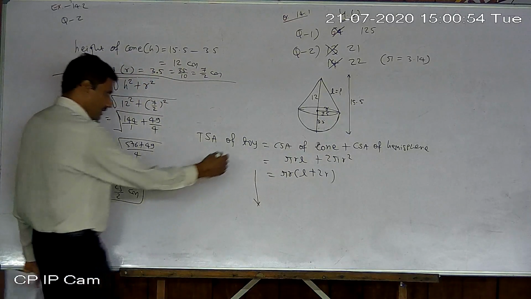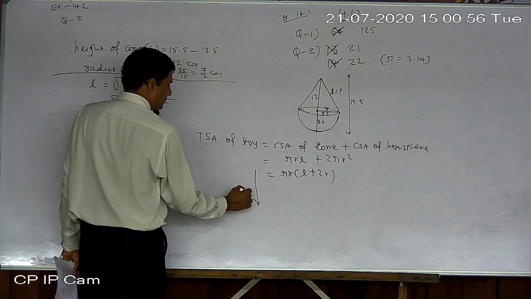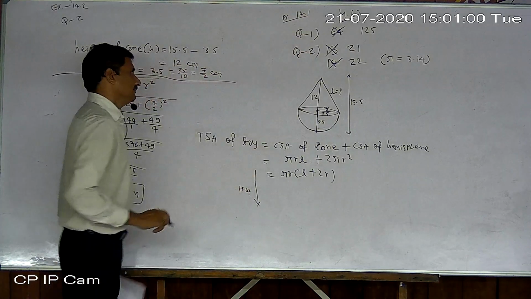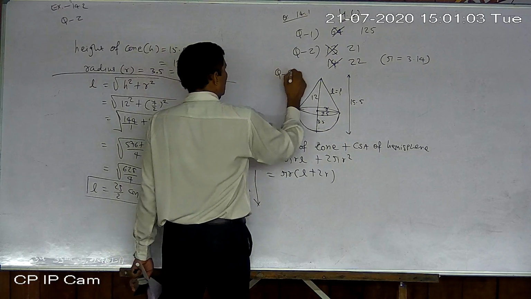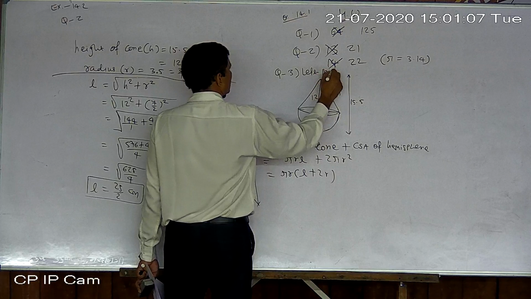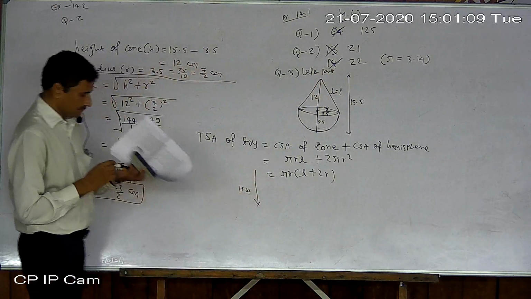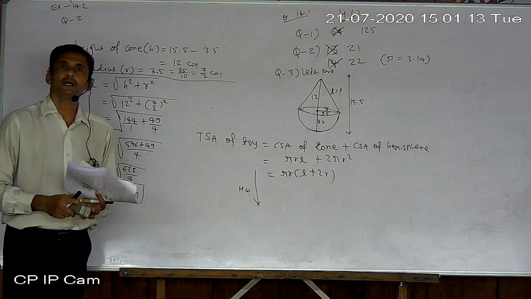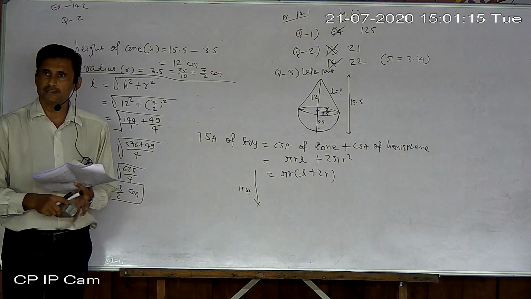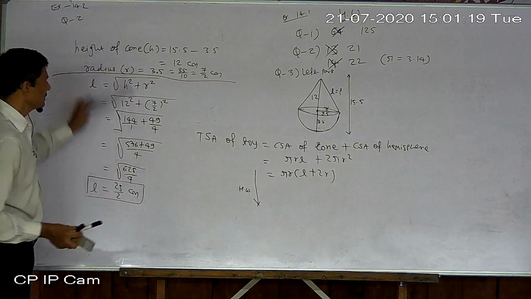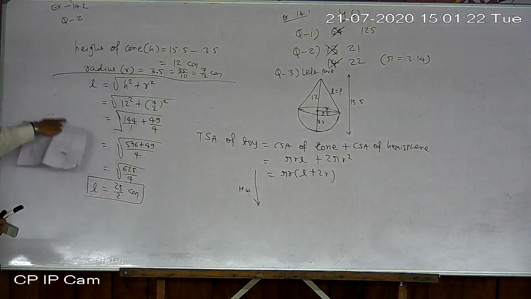So the remaining sums are also homework. Question 1 like this sum, question 2 like this sum, and question number 3, the left part. Left part means the calculation part. Just place values, simplify, get the answer. And just look at the answer page given at the back of the text. I hope you understand. Just revise it because this is quite different.